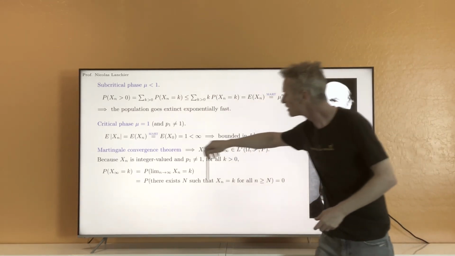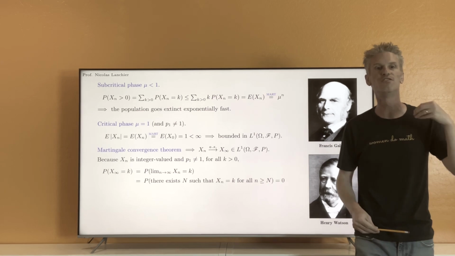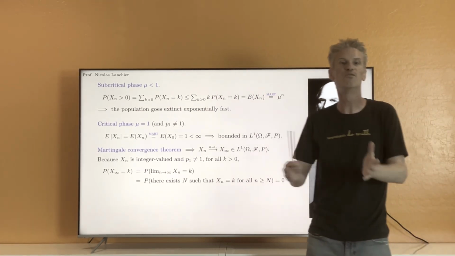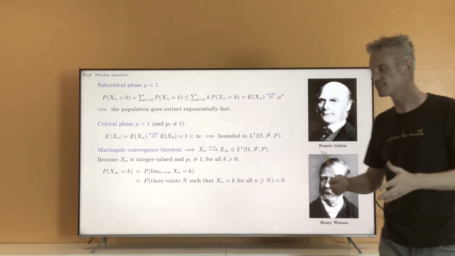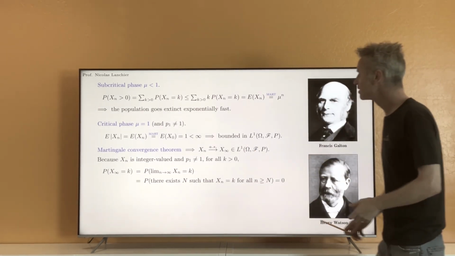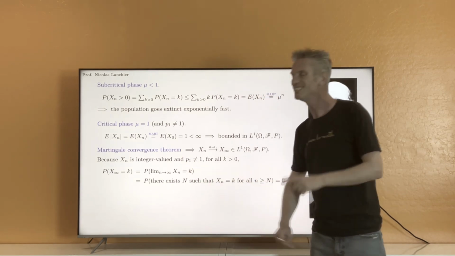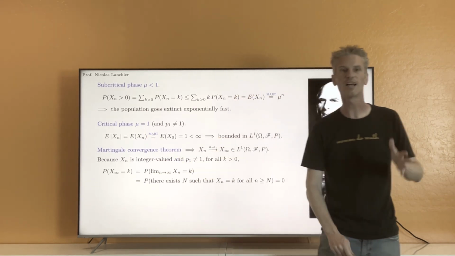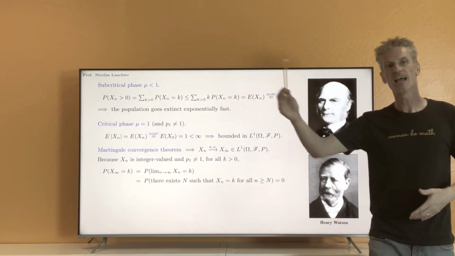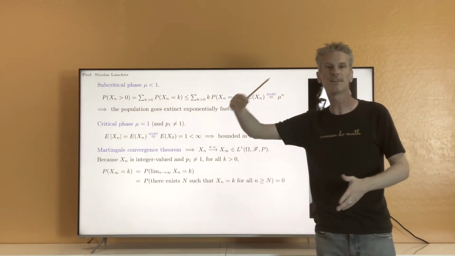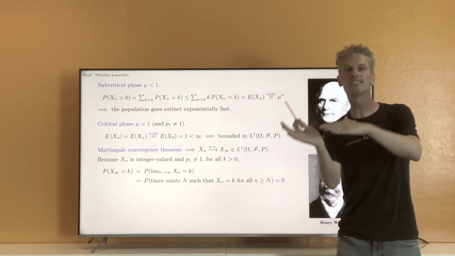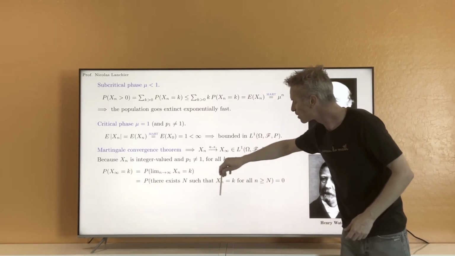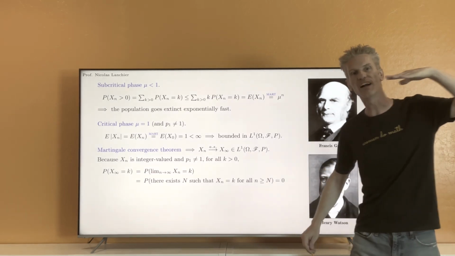Now, if you look carefully at this event, you realize that this is not possible. Or at least this happens with probability 0, I should say. This is not possible because we assume that p1 is different from 1. That means that to have mu equal to 1, we need p0 strictly positive, and some of the pk for k larger than 1 strictly positive also, which means that the process should fluctuate. So it's not possible that the process gets stuck at the value k forever.